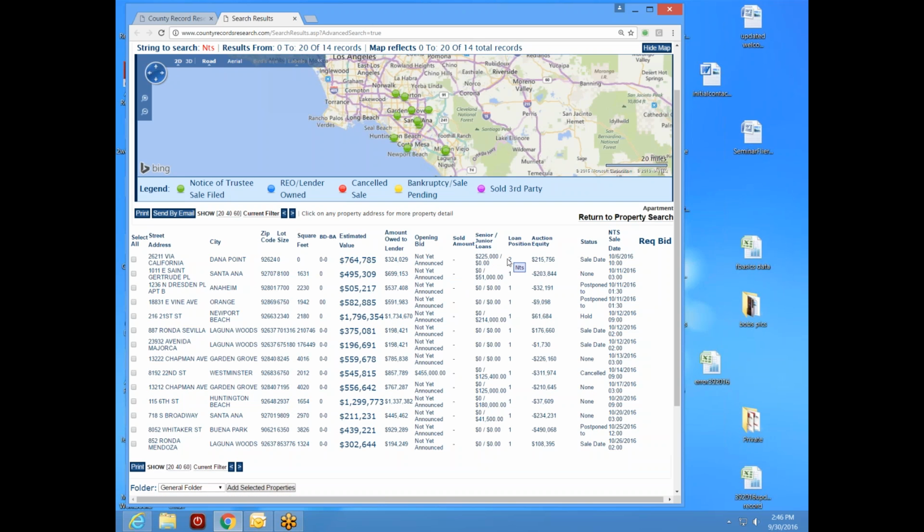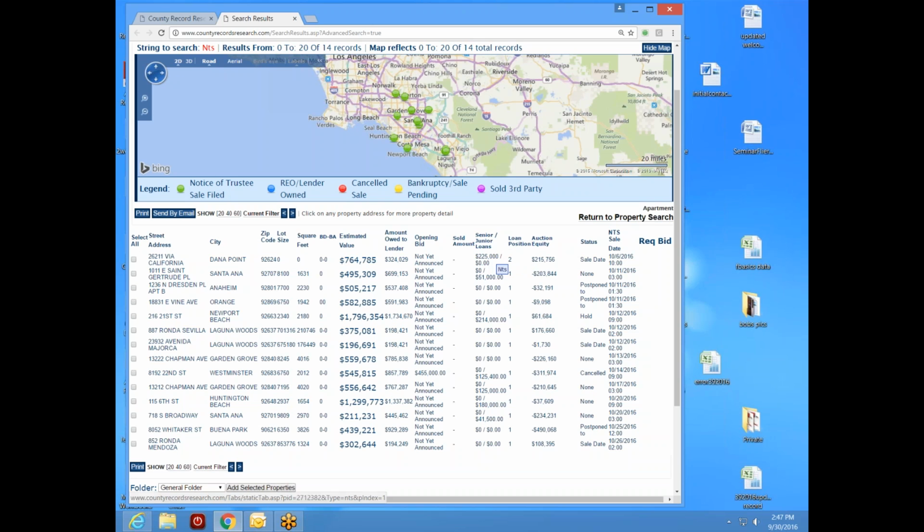Now, to the left of the loan position column is our senior junior loan column. What the senior junior loan column does is it matches up to the loan position column to fit in pieces of the puzzle. And see, it says senior / junior loans. So we have a foreclosing second. So a question I have is, what's the first? And this is the answer,